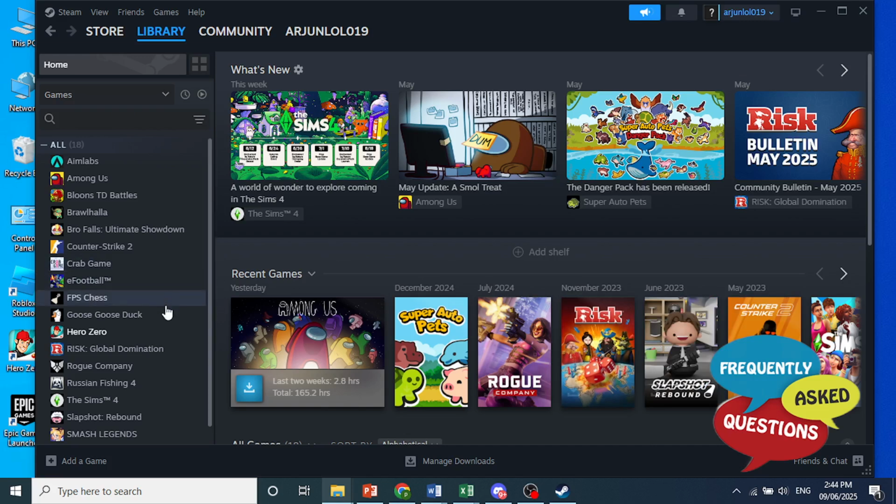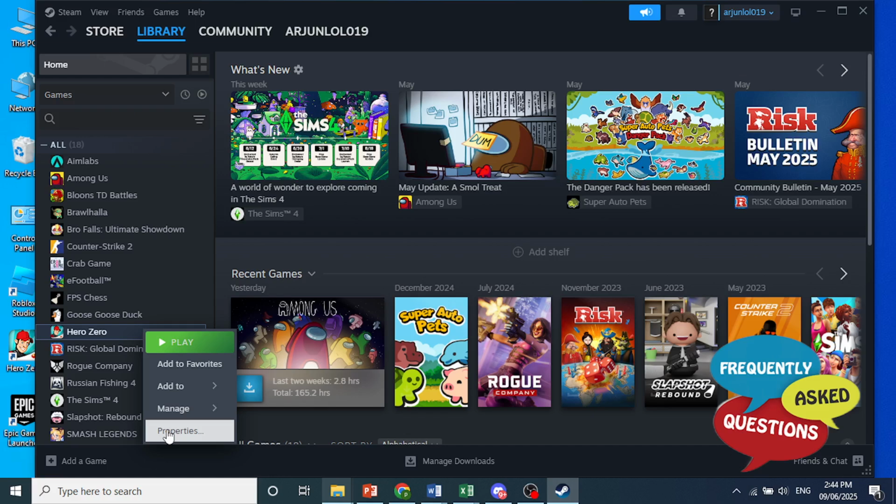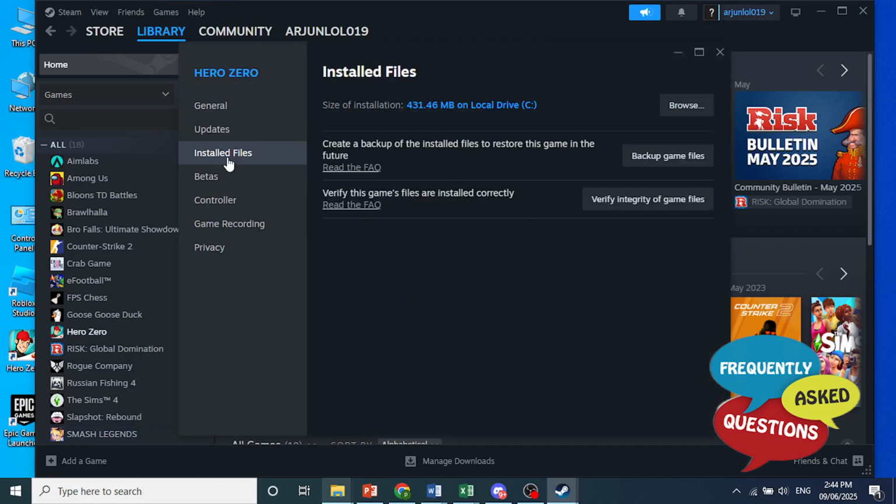First, just go ahead and right click on your game. For example, this one right here, click here on Properties and then click on Installed Files, okay? Then go ahead and click on Verify Integrity of Game Files. The reason we do this is to verify that there's no corrupt files, there's no files missing that is causing